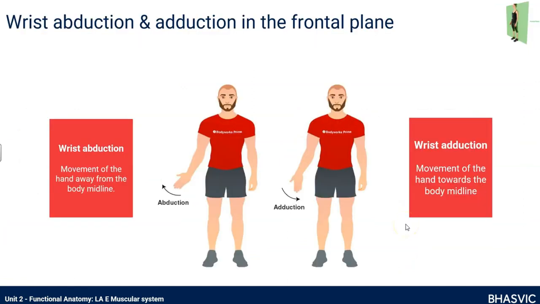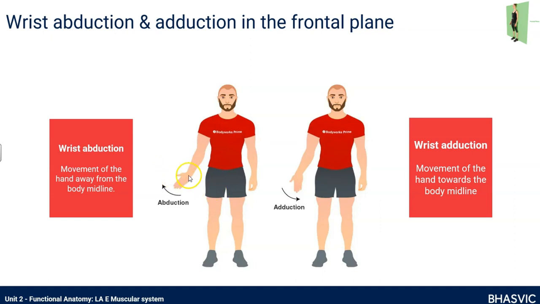The last pair of movements that you need to know about the wrist are wrist abduction and adduction. The nice thing is that you don't need to know the muscles that cause this, but you do need to know what wrist abduction and adduction are. So from a neutral position, let's say the hand was in a straight line down the arm. If you move your hand away from the midline a bit, so almost cock your hand sideways, laterally, this is